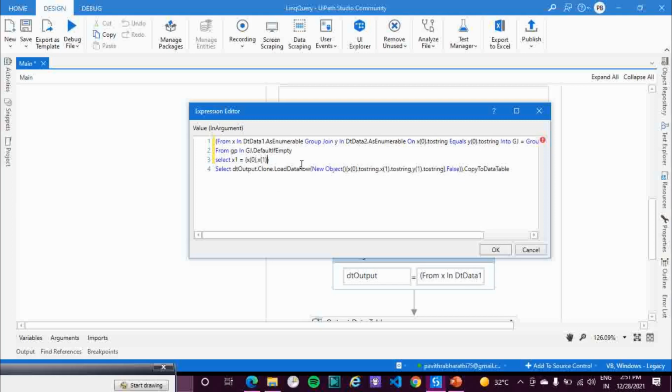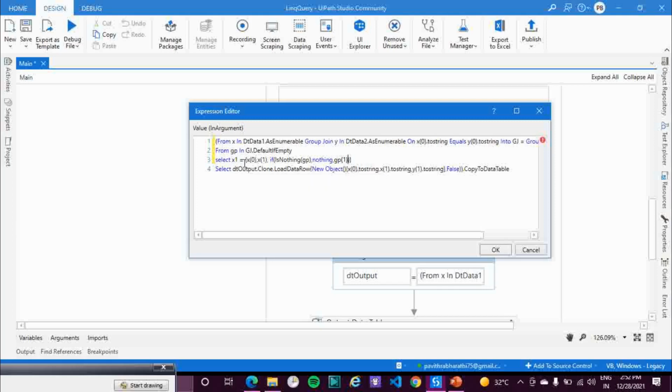And then a little bit of change, that is if group of 0 is nothing, then nothing, otherwise group of 1.